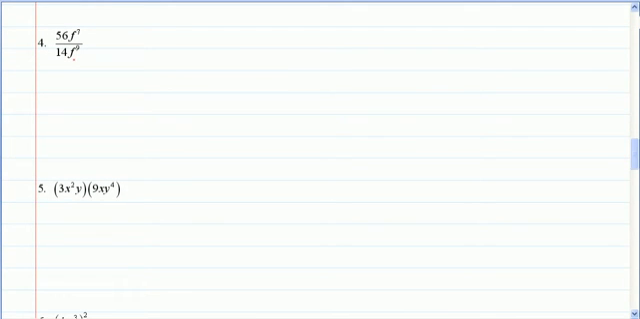So for number 4, we have 56f to the 7th over 14f to the 9th. So what I'm going to do is I'm going to write out the factors of 56,